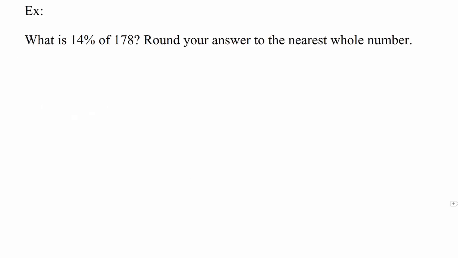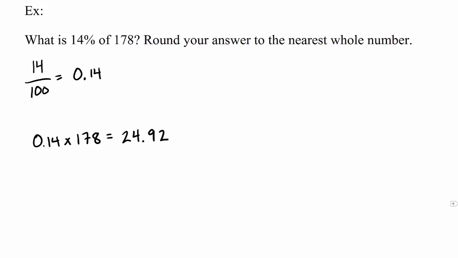One final example in this video, we want to look at what is 14% of 178. We're then going to round that to the nearest whole number. So I'm going to take my 14% and divide it by 100 to put it into decimal form. And that will yield 0.14. I then am going to take that 0.14, multiply it by 178, and that will give me a result of